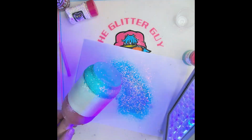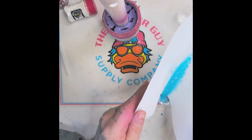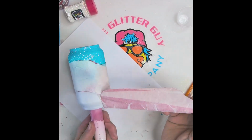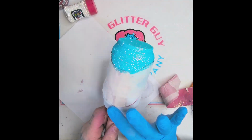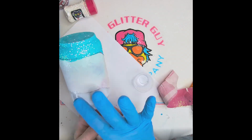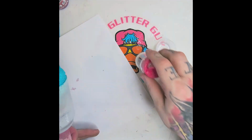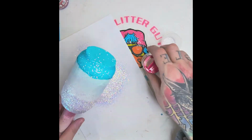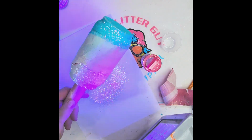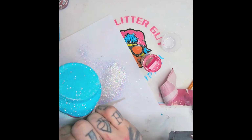Nice coat of Megamind. We're going to get that cured under the UV light. I'm just using one of those lights that you can get on Amazon. It's like a 40 watt light. And then we're going to repeat the same thing here for the top. Nice coat, followed by some flurries. And then we'll get it all cured up under the light really quick,